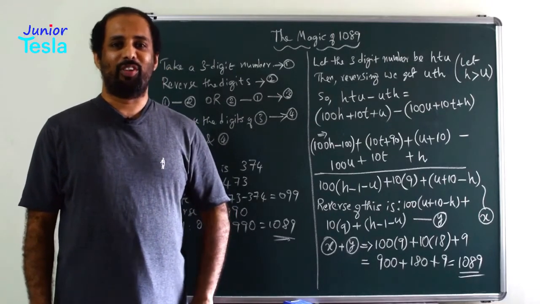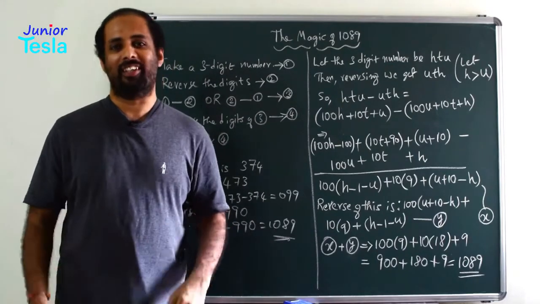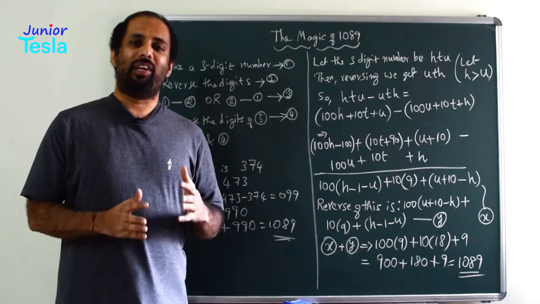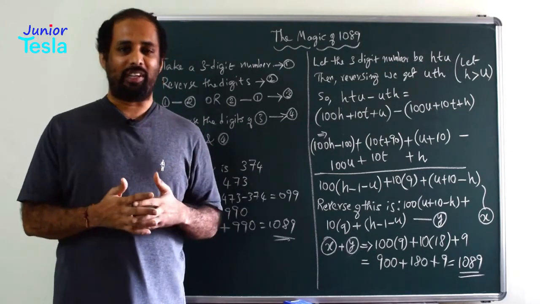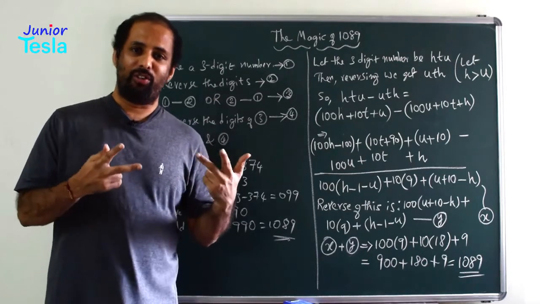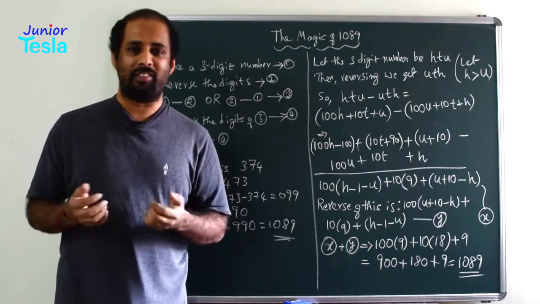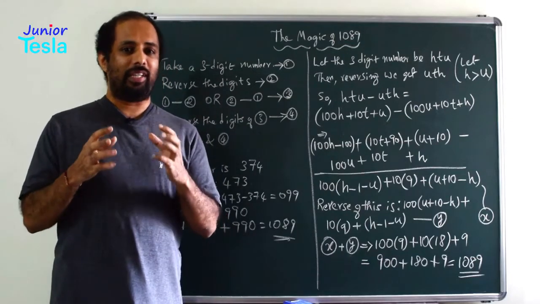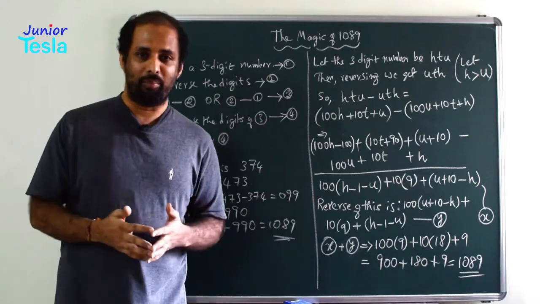In this episode, we are going to see a math trick, and the math behind it. First of all, take a 3-digit number and then reverse the digits of that number. So now you have two numbers: the number itself and the number with the reversed digits. Now you find the difference of these two numbers, taking the larger number minus the smaller number.